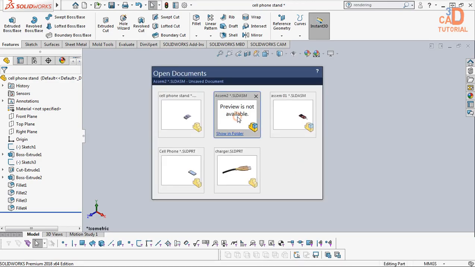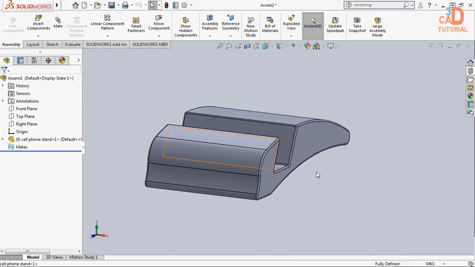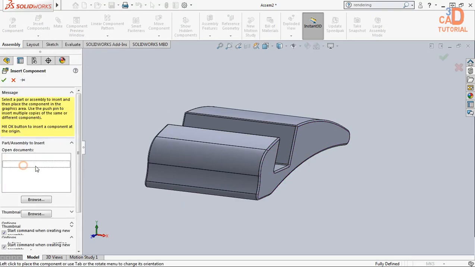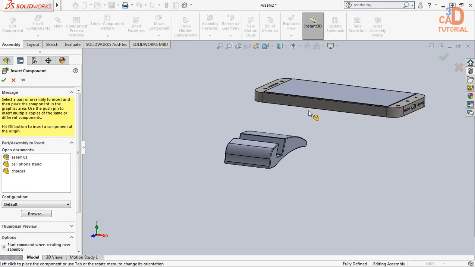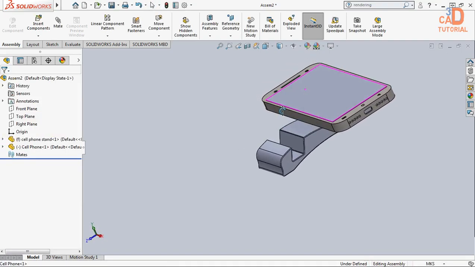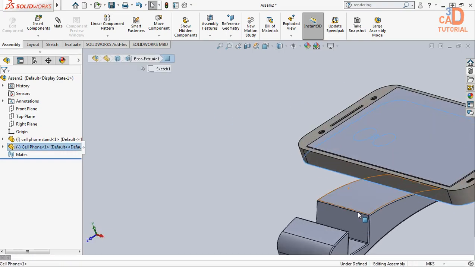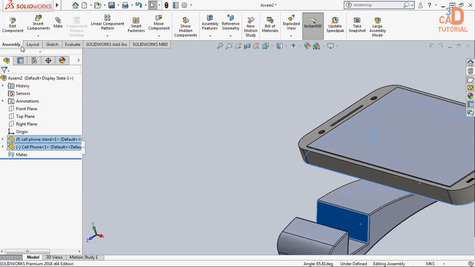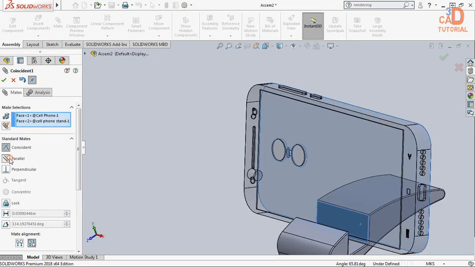So I am moving to assembly. So yes, I am updating this one. So once I update this one, I am just inserting component, then cell phone I want to insert. So I am inserting here. So what I will say, I will say this one will be parallel to this surface, mate. I am just saying parallel to the surface, okay,